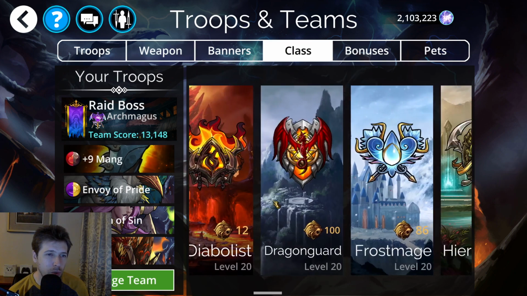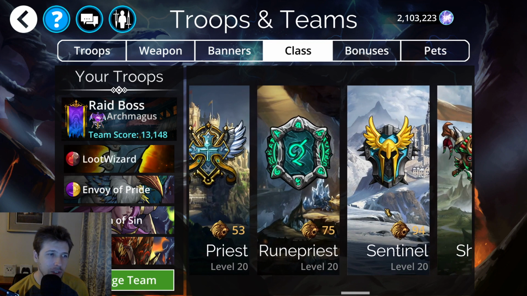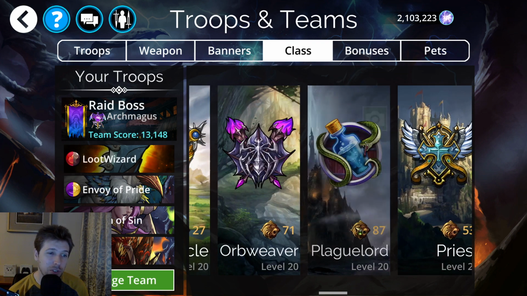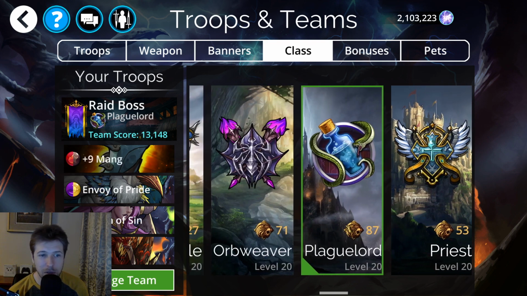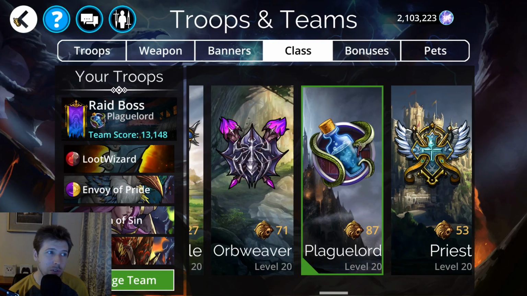And we probably will do... Well, I was going to say I could do Sentinel, but Barrier doesn't mean anything when you're going to go up against the raid boss. Doesn't mean anything at all. And Plague Lord actually starts with 50% mana, unlike Sentinel. So that's going to help. Plus, Plague Lord has disease when matching green gems. Which I don't know how many green gems I'll match, but